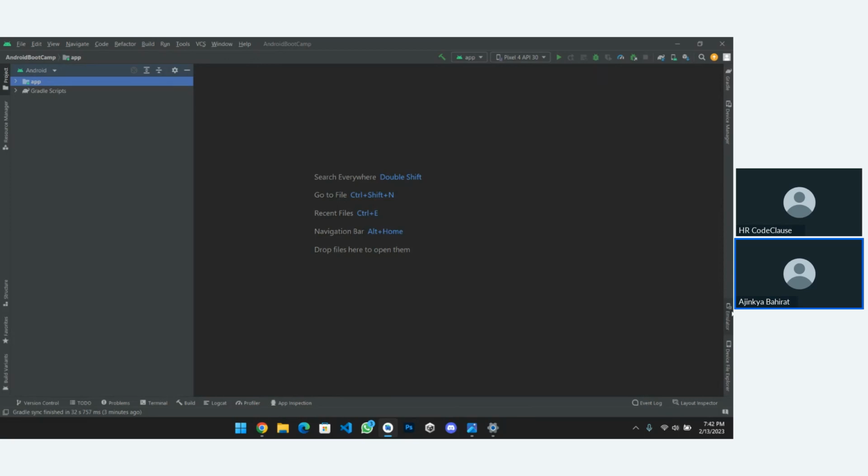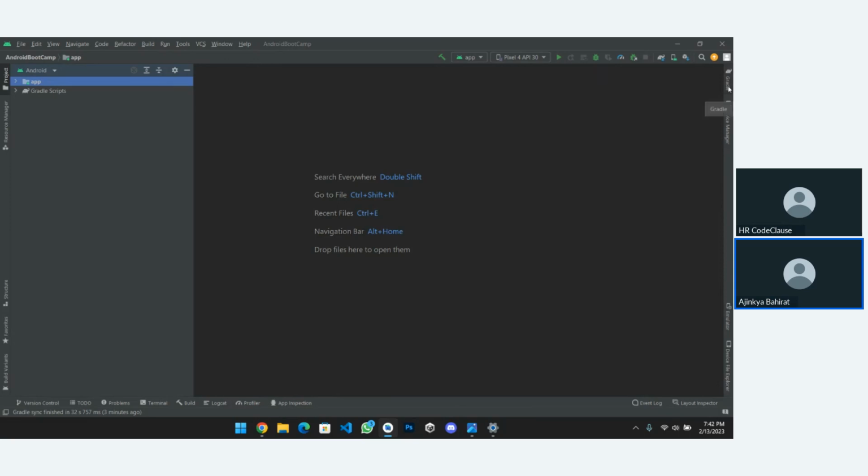It will help you check your application while developing the app side by side. Or else you can test your applications on your original smartphone by connecting a USB cable. We will be seeing that later. Okay, so this is the right side.